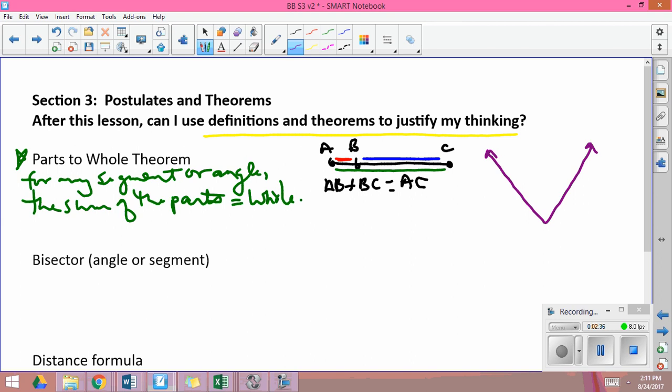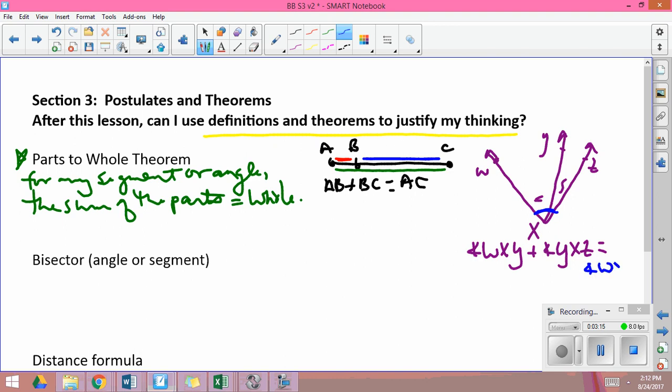Now, I don't know how those two pieces are related. If they're half, if they're a third, if they're a quarter, whatever. I just know that if I have the two of them and I put them back together, I get the whole thing. All right, so I have this set of angles here. What I know is that angle WXY, this one, plus angle YXZ, this one, has to equal the whole thing,